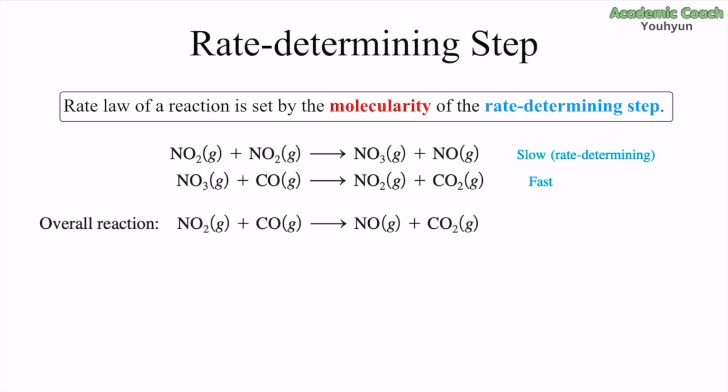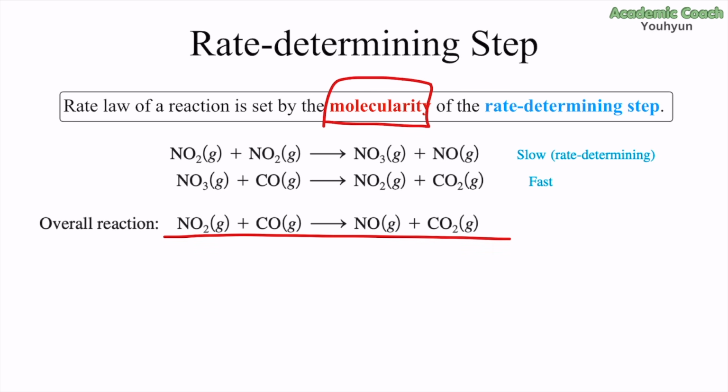And what's even more important is that the rate law of a chemical reaction, which we just learned is determined experimentally, is set by the molecularity of the rate determining step. What I mean by molecularity is that we are just going to take the coefficients of those reactants or species, and put them as the power, or the reaction order, of that given reactant. So, for example,